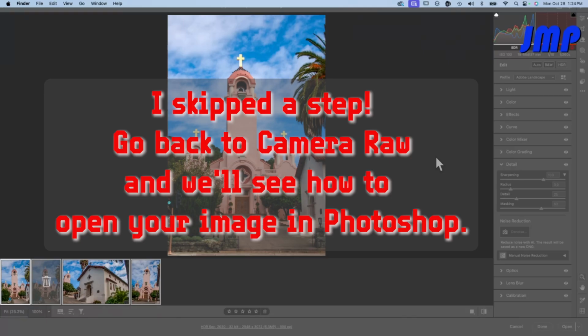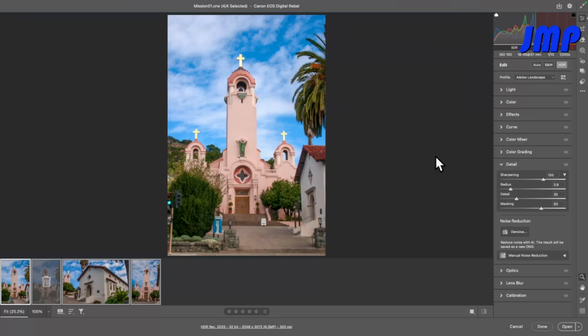And now we will open this in Photoshop. Opening it in Photoshop would allow us to do anything that we can't do in Camera Raw. Collaging or adding text or other things that Photoshop does. Here, then, on the bottom right-hand side, I'll click on this caret next to open and choose open as object. What that does is opens it as a smart object in Photoshop, which will allow us to make changes in